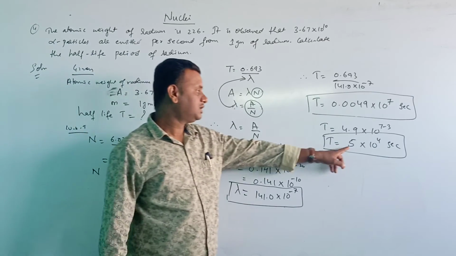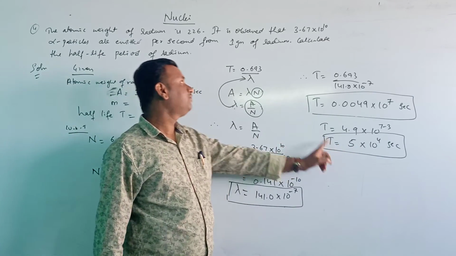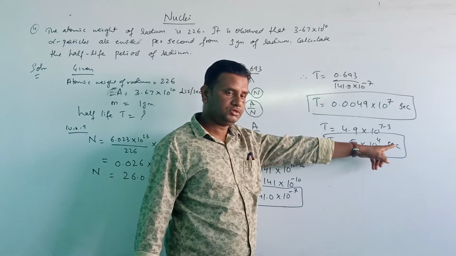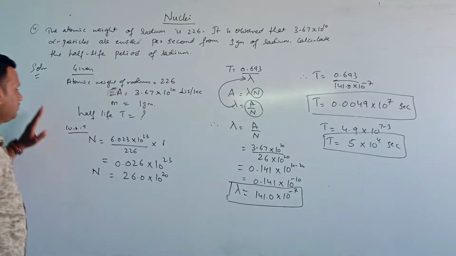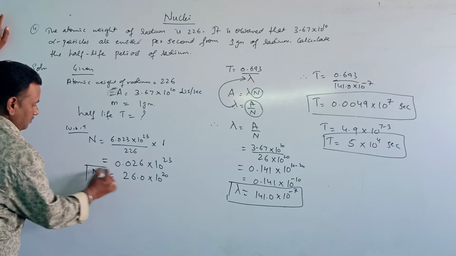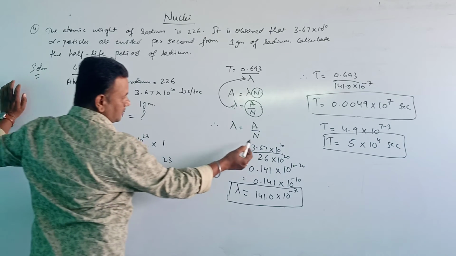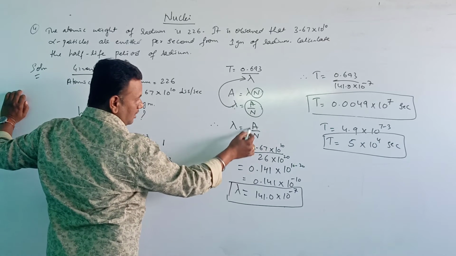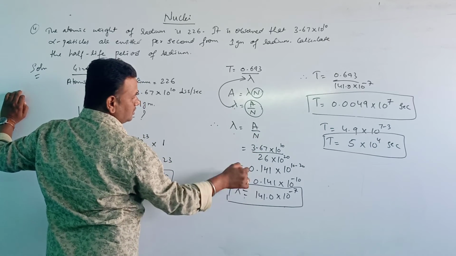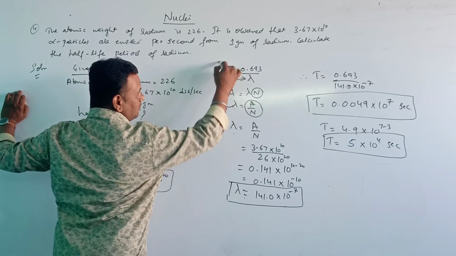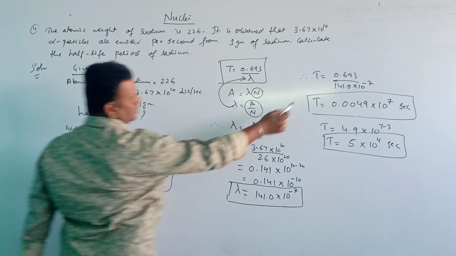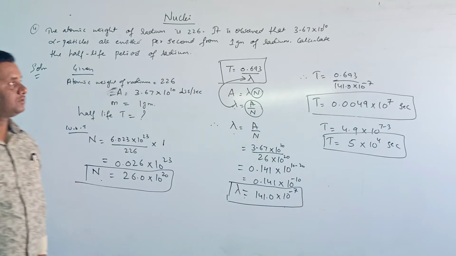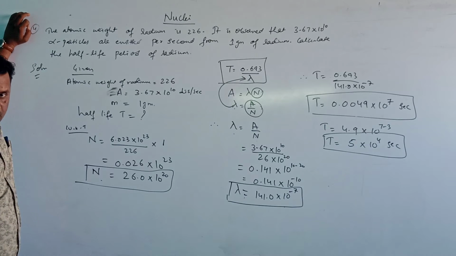Okay, so this is in terms of seconds we got this one. So the half life of radium is 5 into 10 to the power of 4 seconds. First, what we have found? We have found this n value. Using this n value, we substituted here because we know the activity. After substituting here, we got lambda. So the lambda value is substituted in this half-life formula, and I got this half-life. Okay, so this is the solution. Note this.